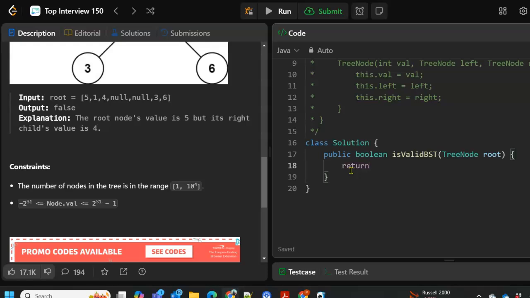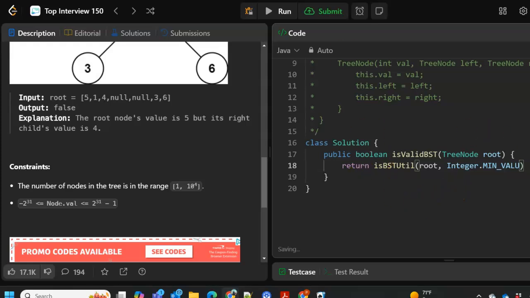So we're going to say return isBSTUtil, and what we're going to pass in there is the root node, and we're going to pass the min and max values. These will get updated within the isBSTUtil, but when we pass them in, we're looking for values in between Integer.MIN_VALUE